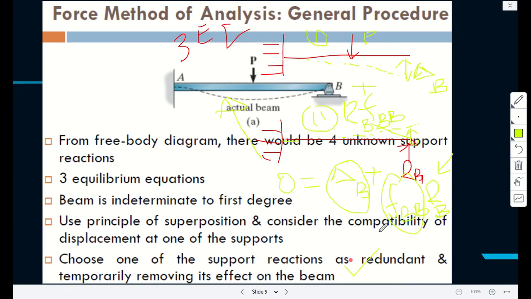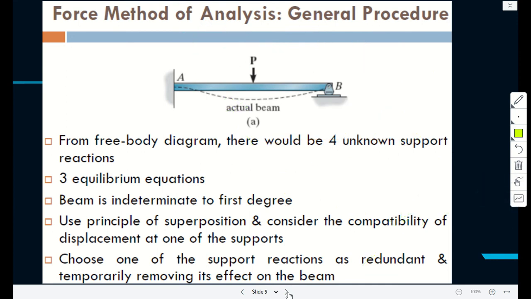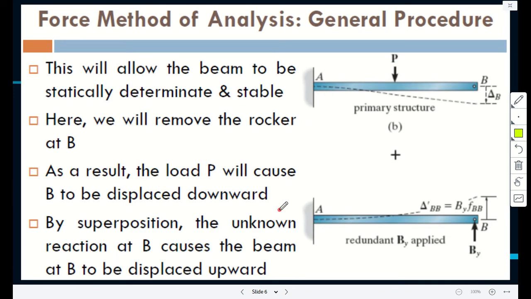So you choose one of the supports, so RB, and I would say you do it intelligently because you can choose any other. Probably you're able to solve, but with much more effort. So whatever you choose, please make sure it makes it easy to solve, not difficult to solve. So, like I've said, if you remove